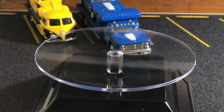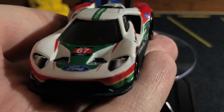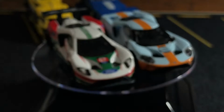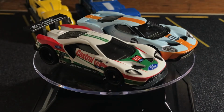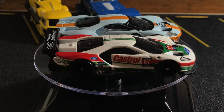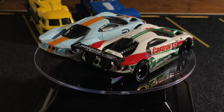But this is one of the cases where I do have a problem with Hot Wheels premiums, and this time it's not the scale, because I have a 1:64 from Greenlight. They're not exactly the same model, but they're pretty close. The Greenlight one is 2019. You see, they're pretty much the same size, which means the Hot Wheels one is pretty much true to scale 1:64. But the problem here being